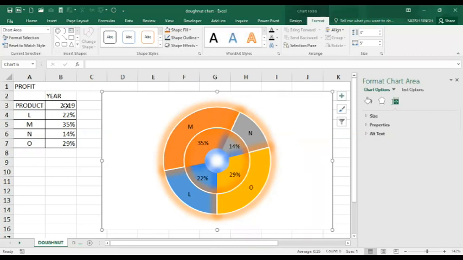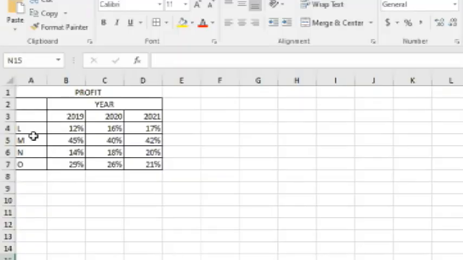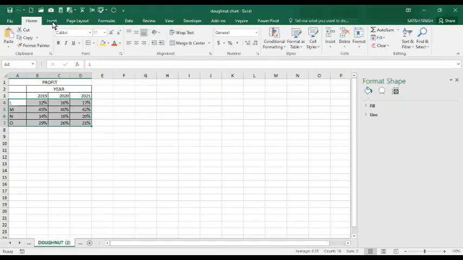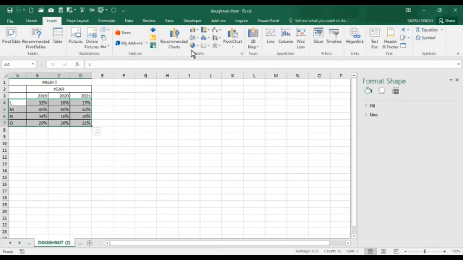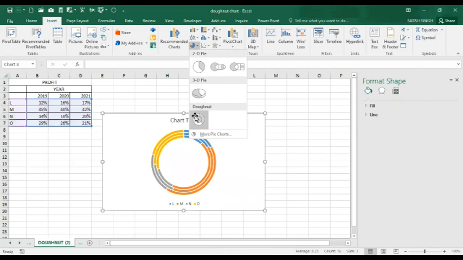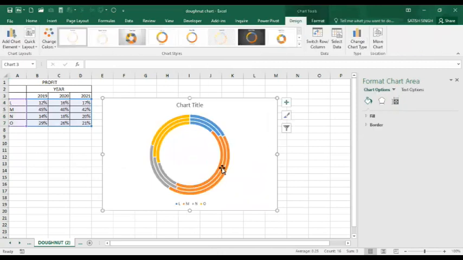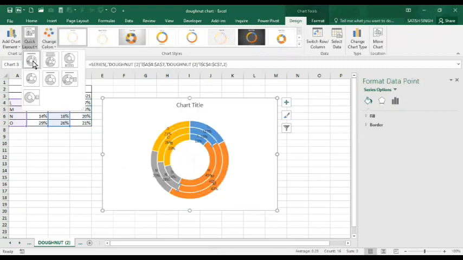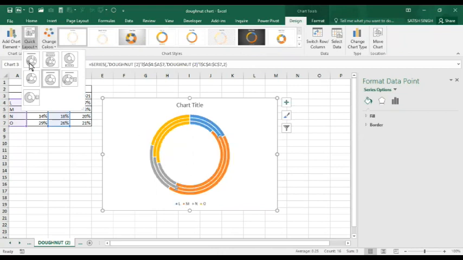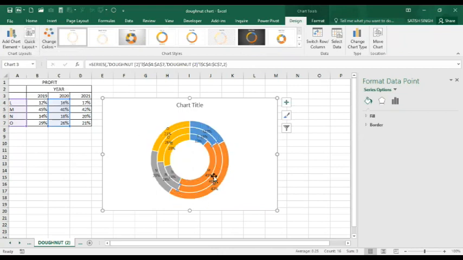This is when we have data given for 1 year. But this can also be used for 2 layers or 3 layers. For example, similar data presented here for 3 years, in 2019, 2020 and 2021 as well. So in a single chart, we can show the progress. The steps will remain the same. Select it, increase the size of the chart, and go to Quick Layout and apply. It is showing the percentage.